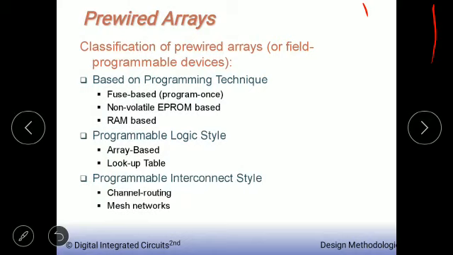This leads to the concept of a pre-processed die that can be programmed in the field, that is, outside the semiconductor foundry, to implement a set of given Boolean functions. Such a programmable pre-wired array of cells is called a Field Programmable Gate Array, or in short form FPGA.